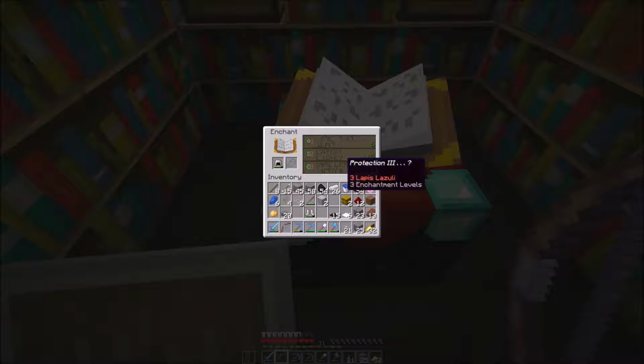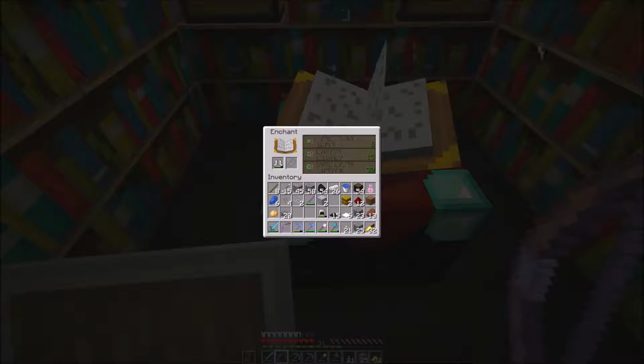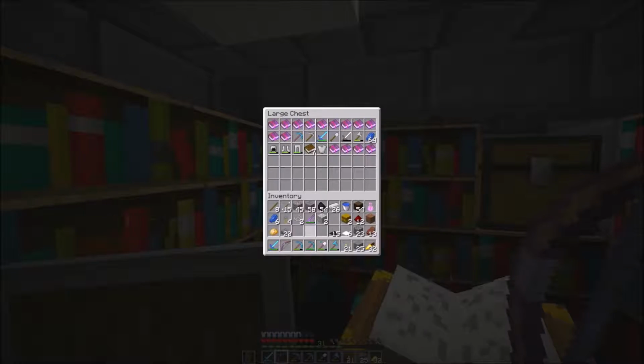Protection 3. See, yeah, that's showing up now. It's not showing me any good stuff there. Also, when I do finally go to the end, I would like to,